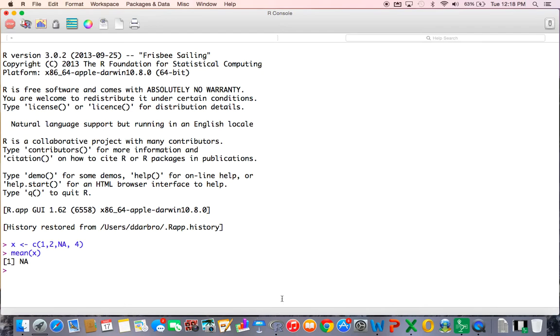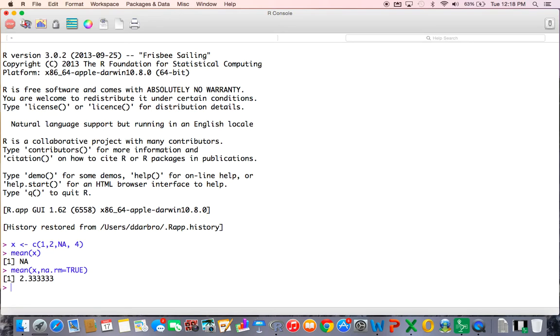So what you can do here is mean(X, na.rm = TRUE), and it will treat all NAs as missing data. So now it'll take the other numbers 1, 2, and 4 and add them up and get 7. Of course, 7 divided by 3 gives us 2.33.